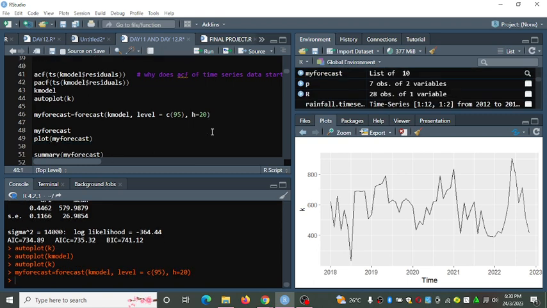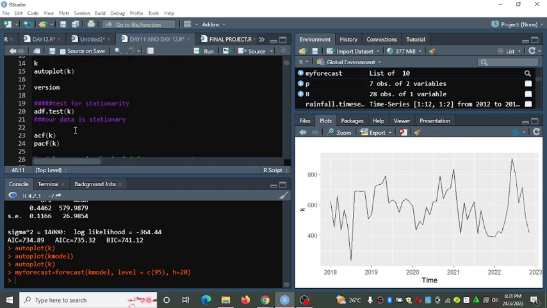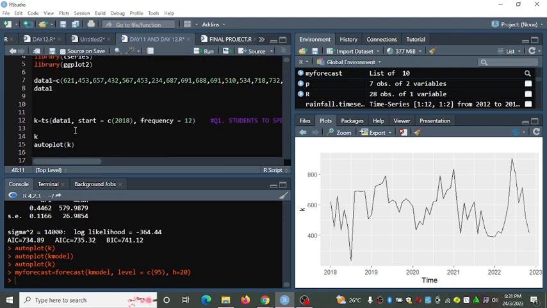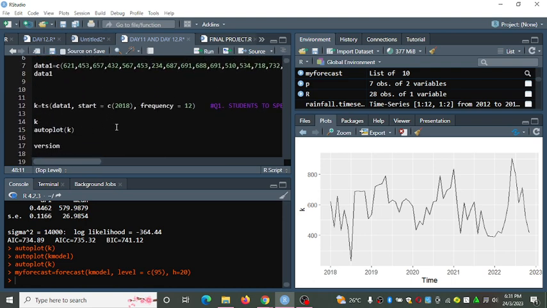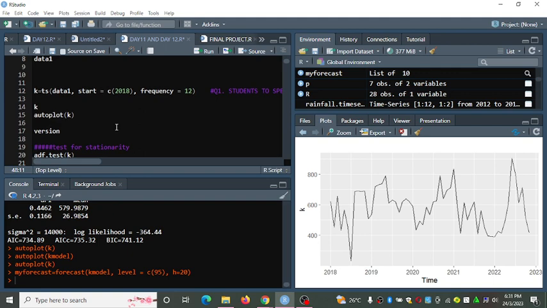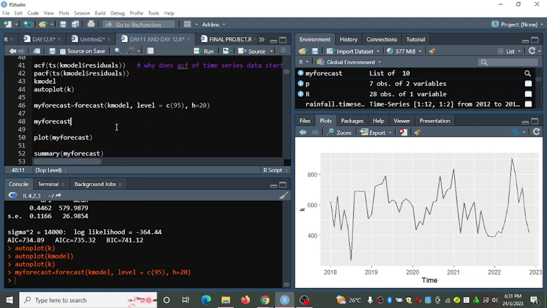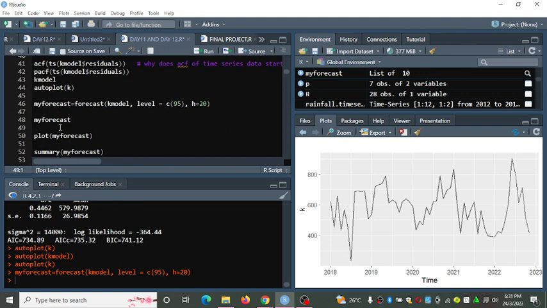When I execute that and call my forecast, let's see. Remember our values were ending at, let's see, check my model here.